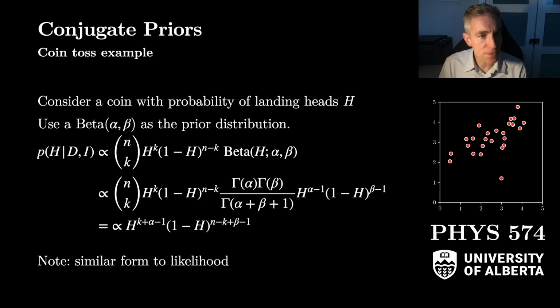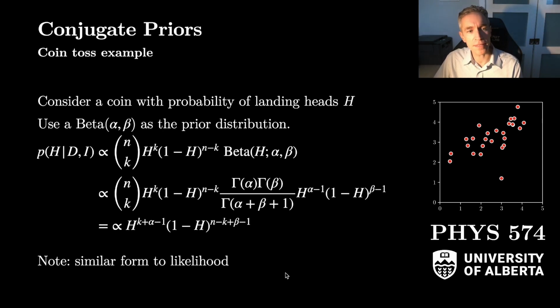A beta distribution has this form shown here: it's the product of some gamma functions times h to the alpha minus 1, 1 minus h to the beta minus 1, where alpha and beta are the hyperparameters. And you'll notice that that h times 1 minus h product shows up in the likelihood function as well. So we have the likelihood here, and then the prior distribution here. And so the n choose k parameter and